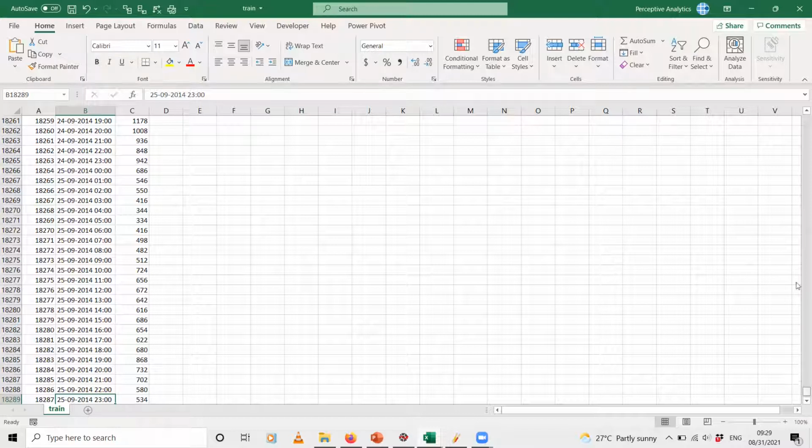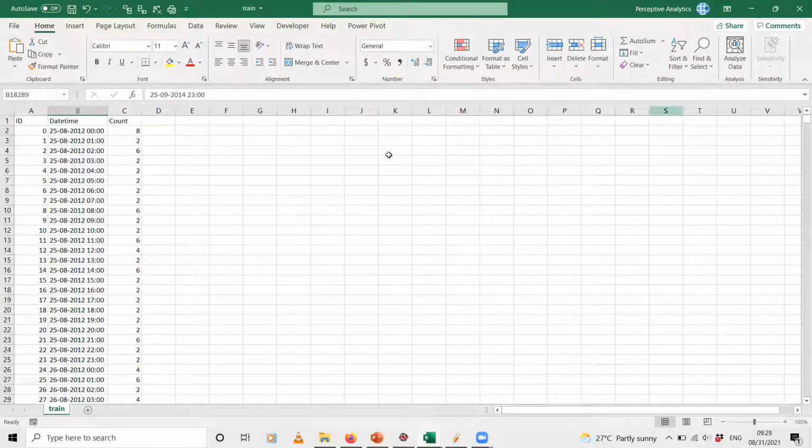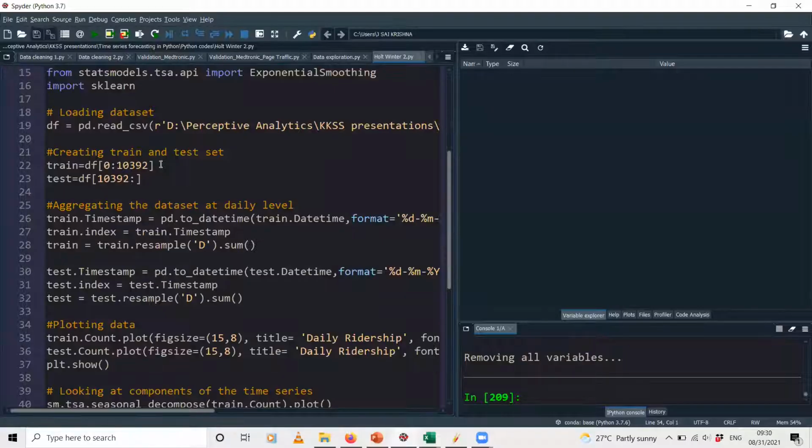Now I did say last week that to make any decent time series forecast, we need a minimum of 3 years of data. But of course, finding that data was a bit difficult for me. So just to show you how to work with time series data, I have taken this particular example for today. Okay, so this is the data set that we'll be dealing with today. And yeah, so we load this data set.